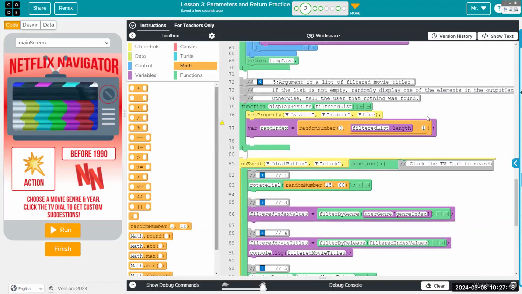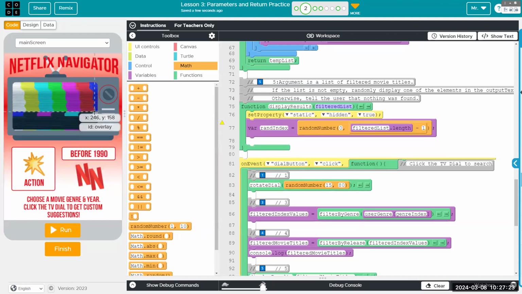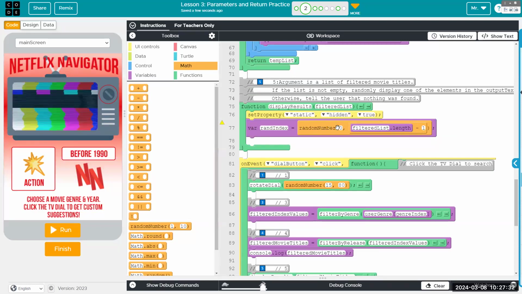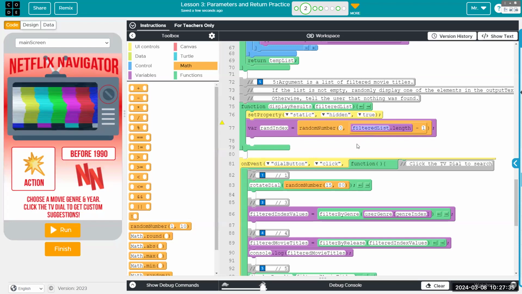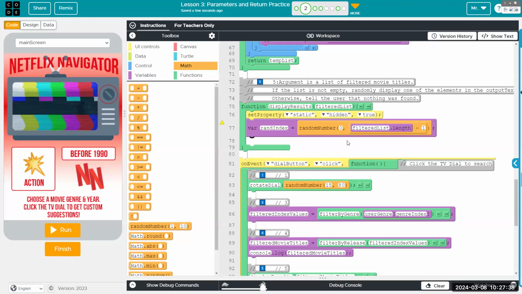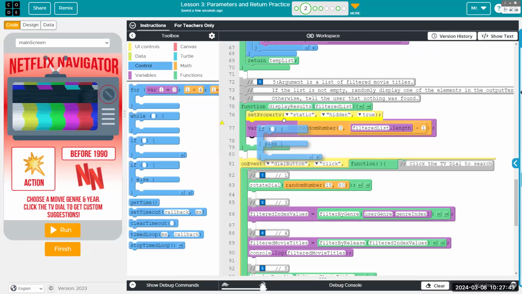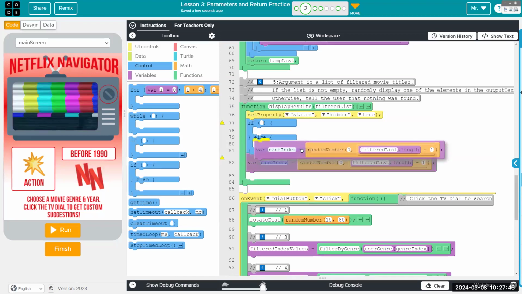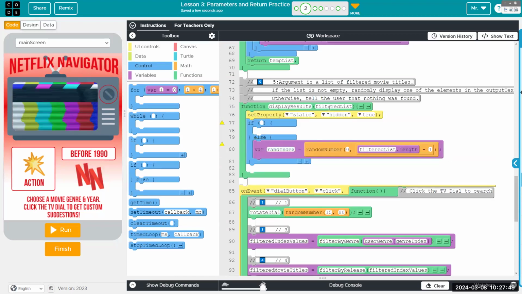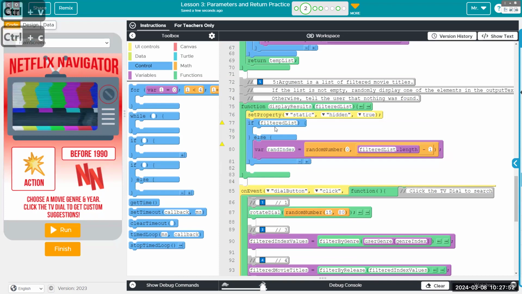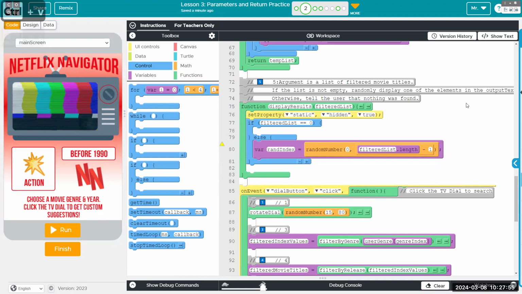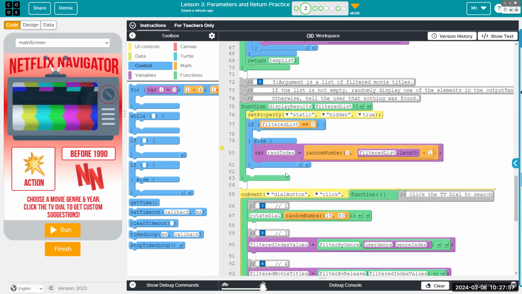Let's do that first, because you can't pull a random index from an empty list. If the combination of genre and year returns no movie names, this will break it. Oh, wait, I guess it does have a length. But either way, what we need to do is first check. So we're going to have an if else, and we can put our empty list situation first. So if filtered list dot length double equals 0, it's an empty list, and we want to set the text of